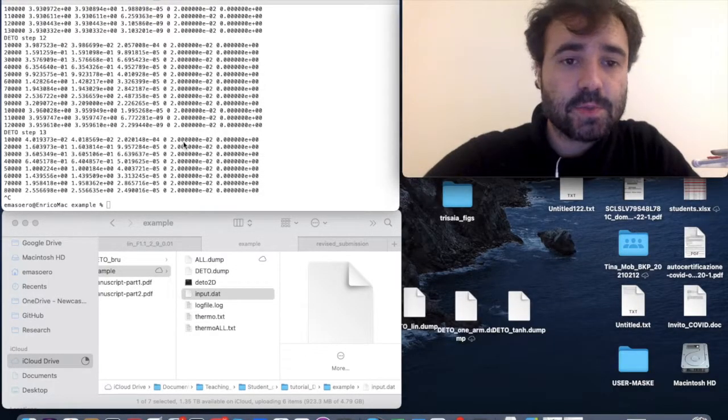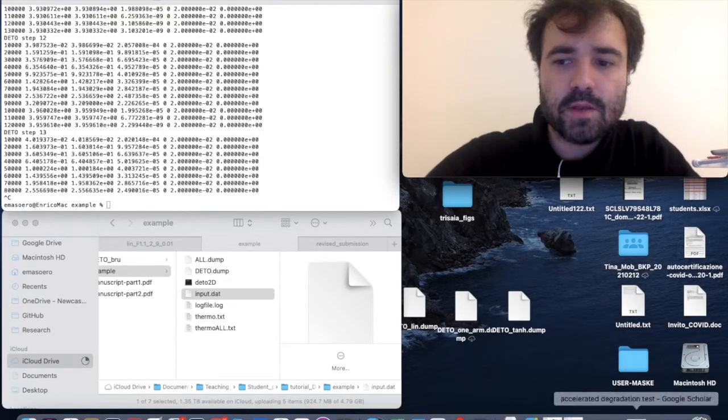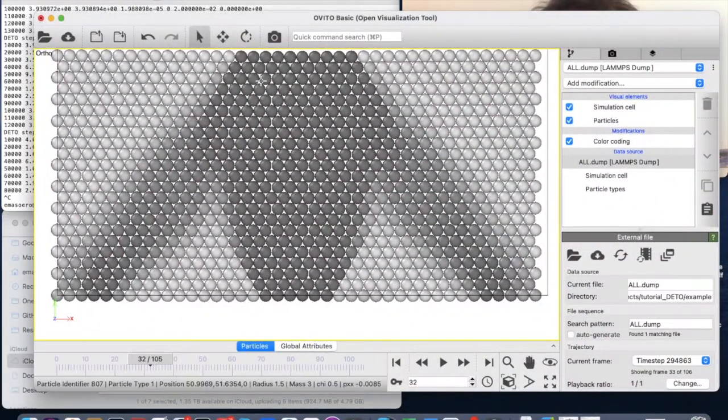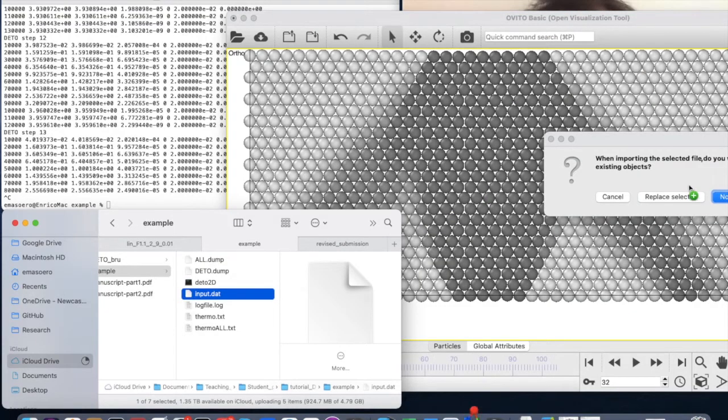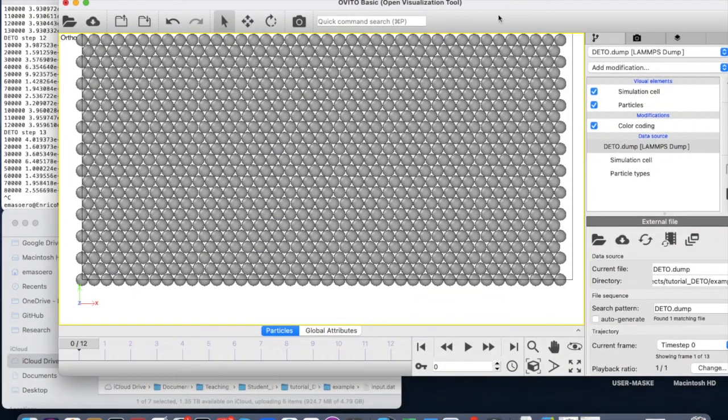So besides the screen output, what else is the code producing? Well, let's start with the dump file and the thermo.txt. As we said, the dump file is the one that you can load into this program called Ovito, and we will see later how it works. And when you learn how to load it correctly, then it will give you,